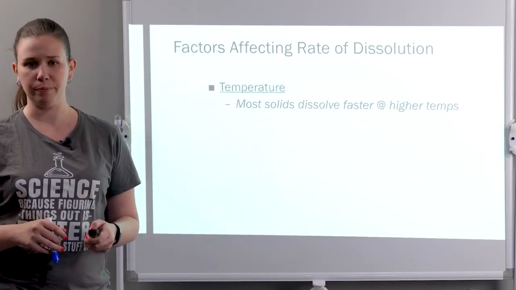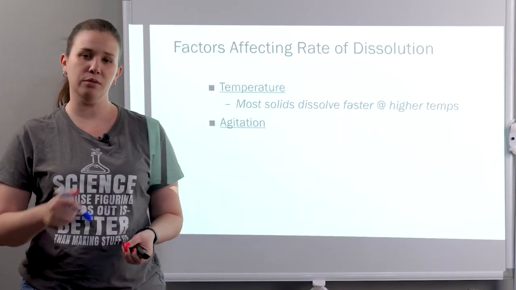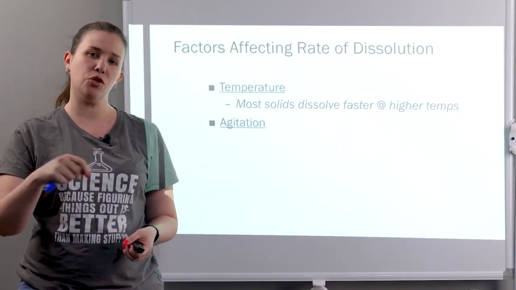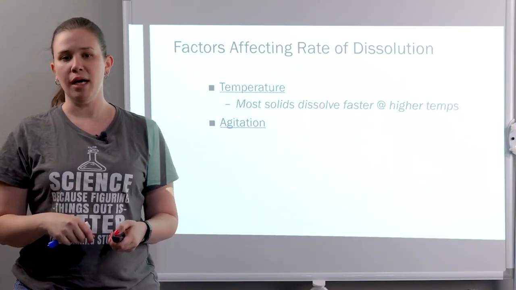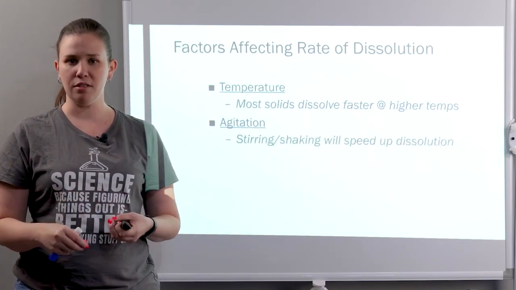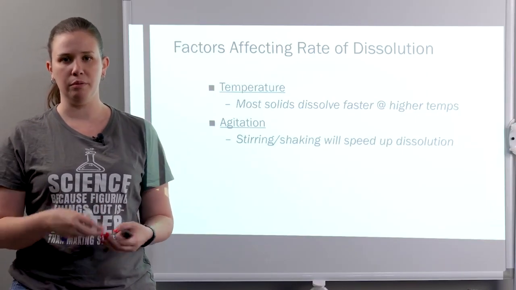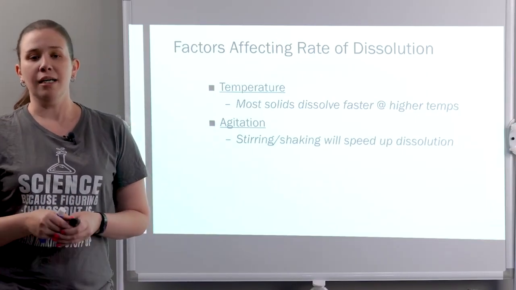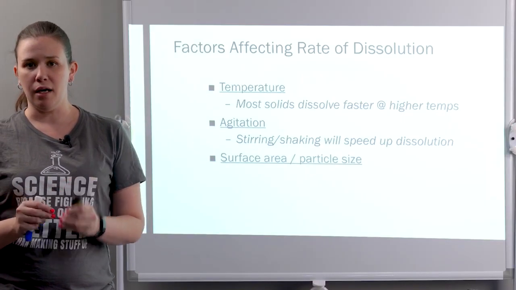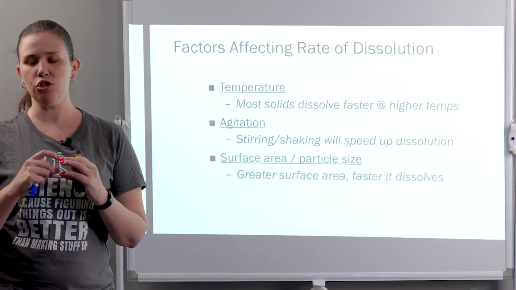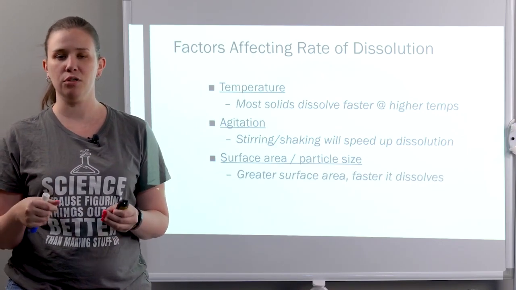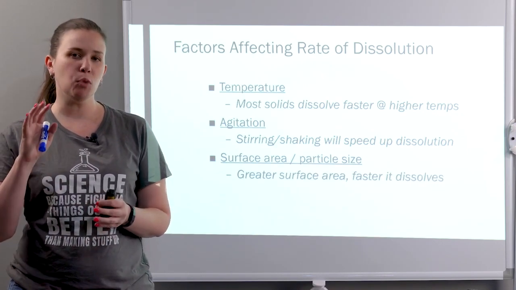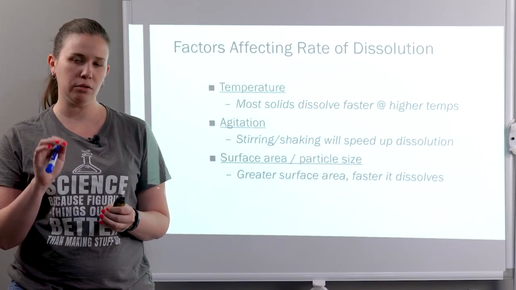All favorable things. The other thing I could do is agitate. So that was the idea of stirring the sugar into the tea. So if you agitate it, you're increasing the chaos of the system, which was one of our favorable processes. The last thing that you could actually do is to break up the sugar. So imagine a sugar cube versus a packet of sugar. Putting the packet of sugar is going to work much more quickly because more parts of those sugar particles are